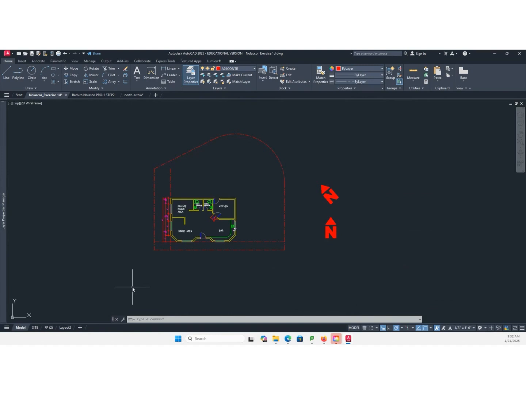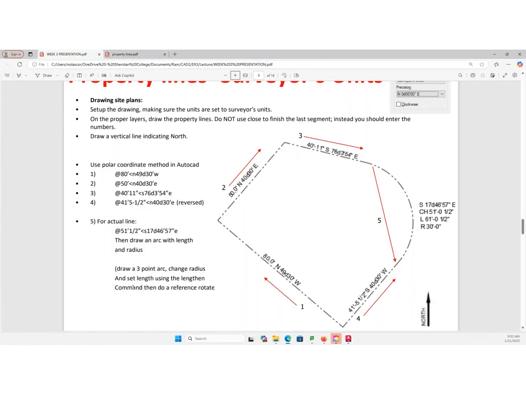That's what we created. The setback is 5 and 10. And then you can follow the proper values here. Surveyor unit.